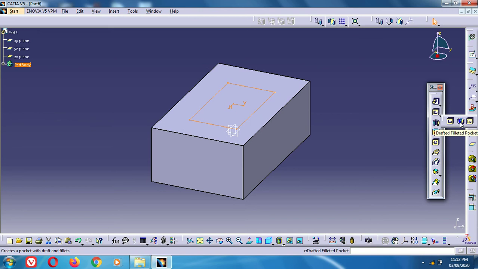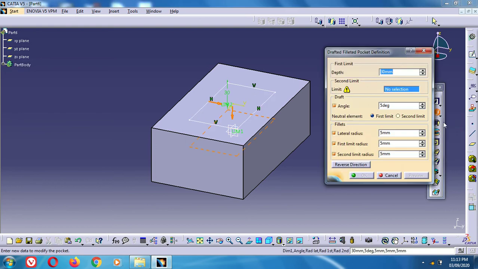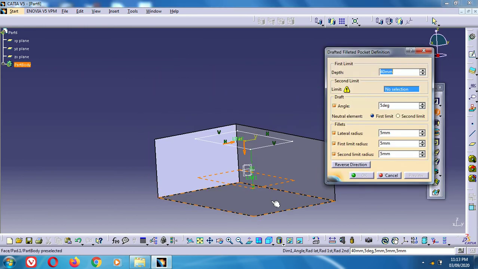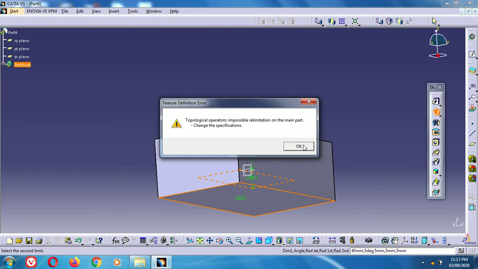Here we have to prepare the pocket which has the fillet. So click on this command. Here we have to define the height, up to what length. I use the depth of 40 mm. Now we have to select the second limit. For the lower portion we can select a lower limit.